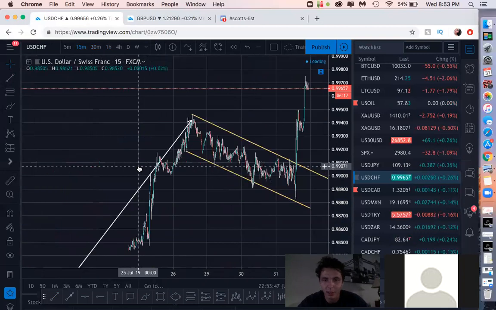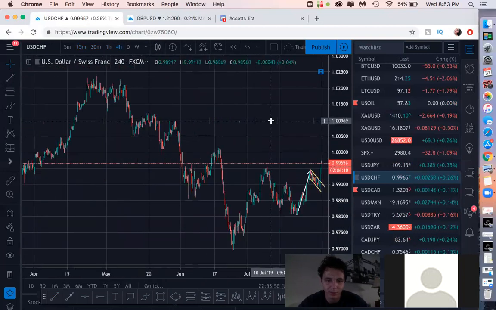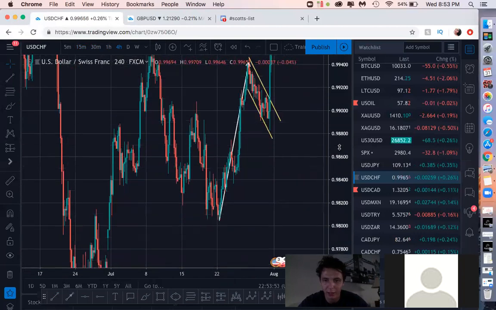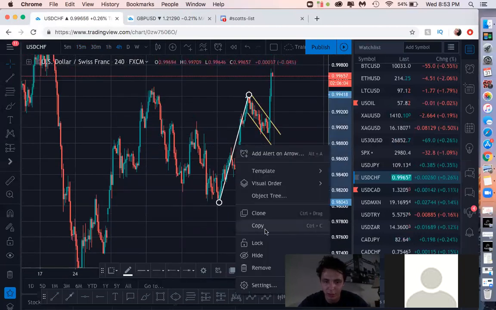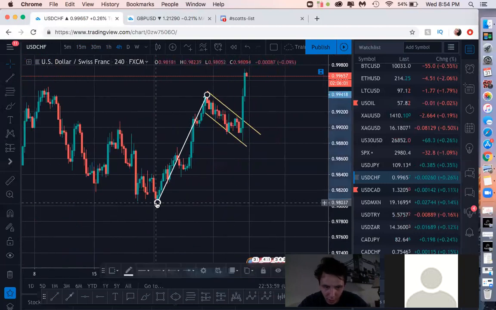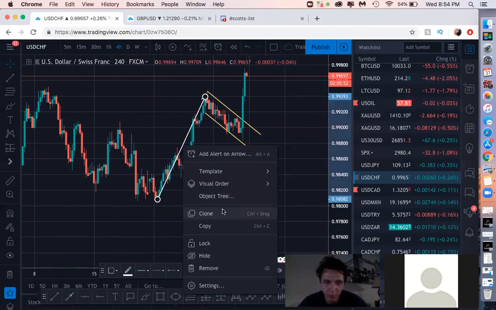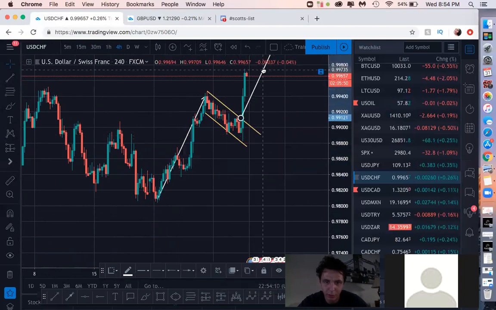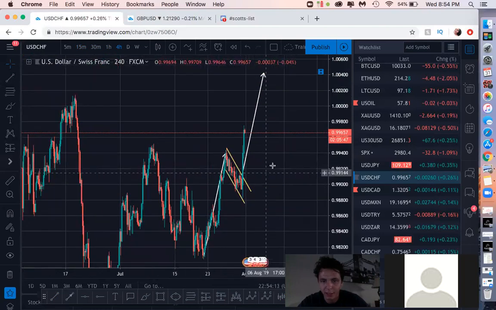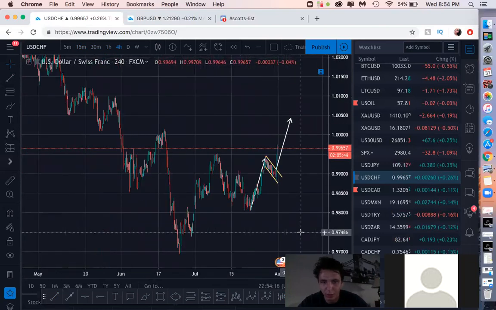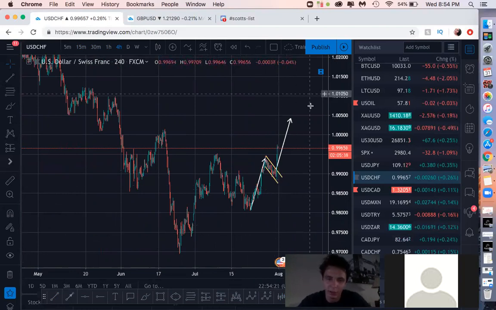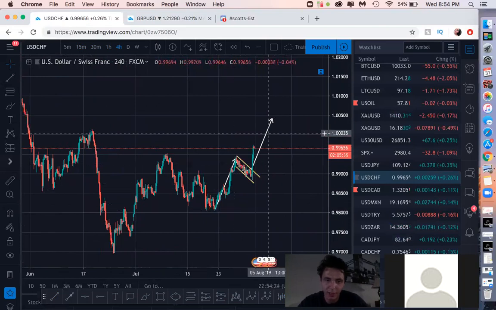But again, speaking in terms of market structure, I can see this doing the exact same push that got it into where it is. Let me just tighten this up a bit so I'm not getting invalid data. Let's go from there to about there. So I'll be watching this to see how it performs. But if it does anything in regards to anything I know about markets, it's going to do something a little like this, where it's going to have the exact same push out that it had as the push in.